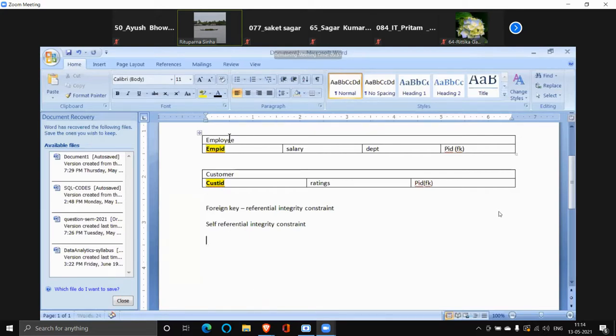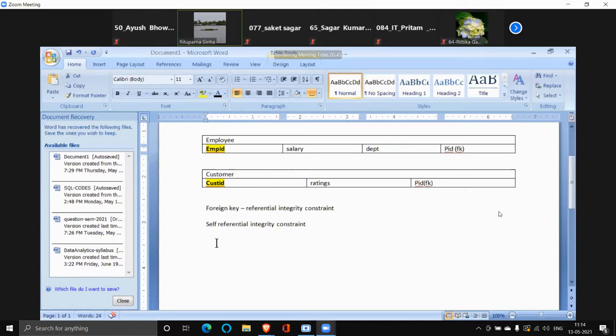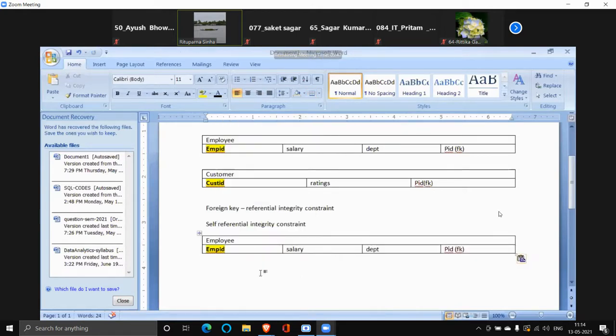For example, suppose I have an employee table and the columns are employee ID, name, salary, department, and MGR ID. What is this MGR ID?